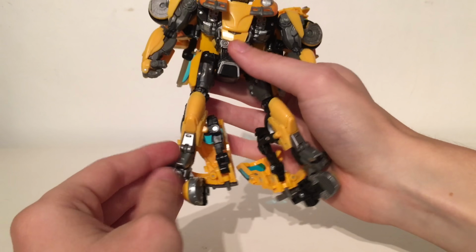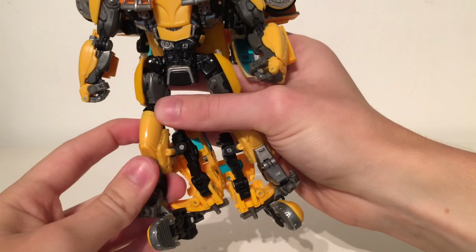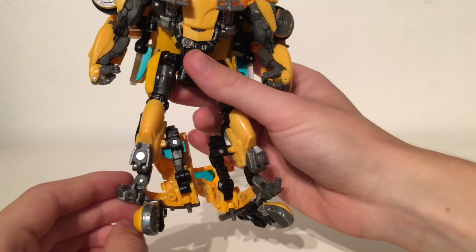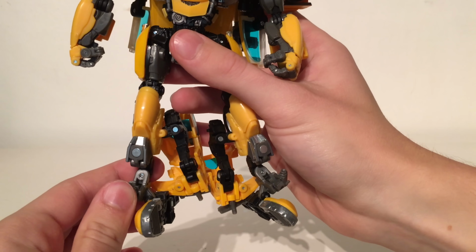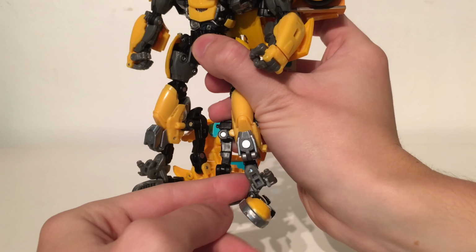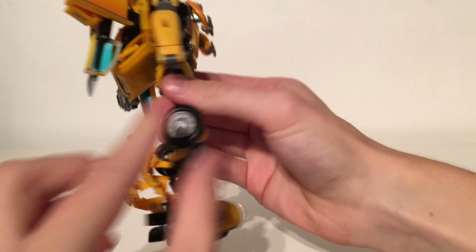Turning to the front of the figure now, you're going to want to flip up these die cast shins. They do just softly tab into one another, just like that. These pieces here, they're very small, but you're going to want to lift them upwards, just like so. Turning the figure around again, you're going to want to pull these wheels out